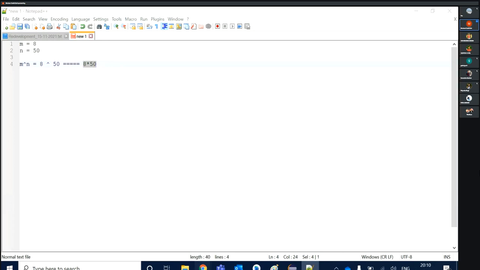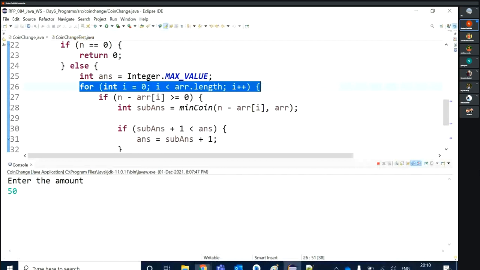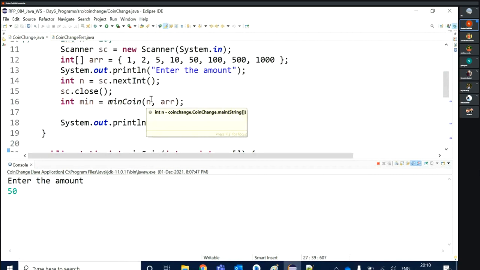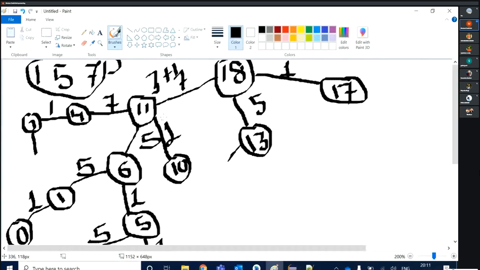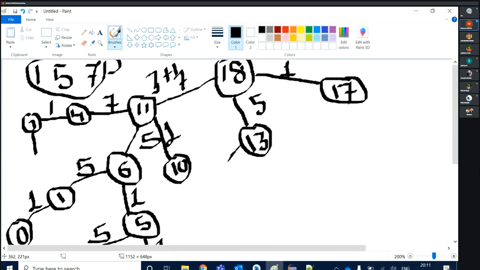And that thing we do by using our RAM memory. Here RAM memory is nothing but using some other variable. See, basically here, 18 is my main problem. 11, 13, 17 are my subproblems. 4, 6, 10 are also subproblems. But if you are observing, for the amount 4, I'm getting a duplicate calculation. Even for the amount 6 also, amount 10 also, I will get the duplicate.